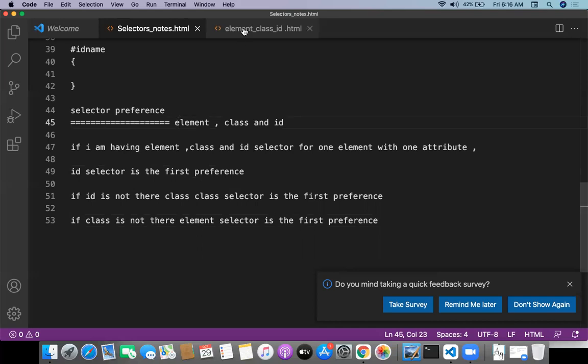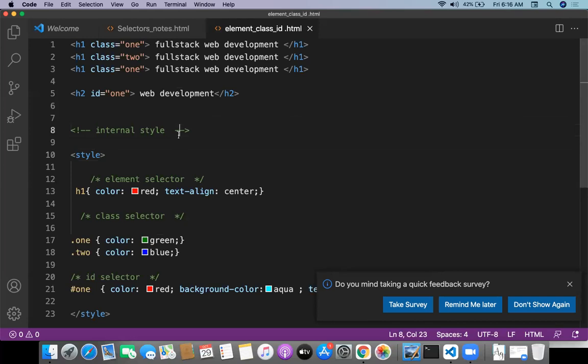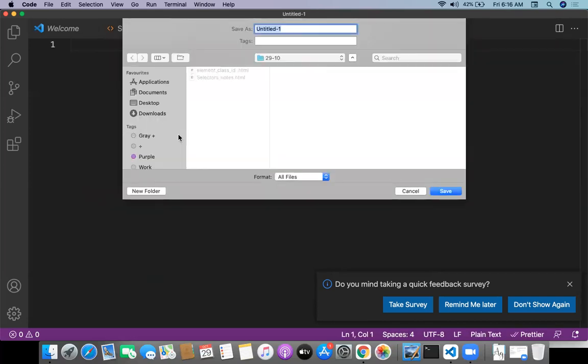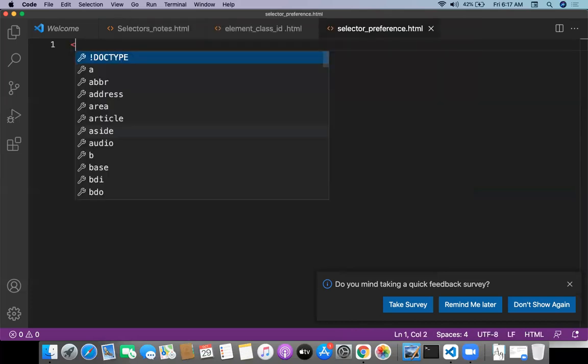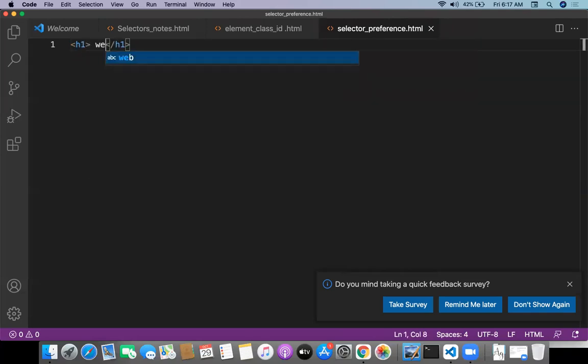So let me take one program, selector preference, so you can easily understand. Selector preference dot html. Okay, let me take one h1, and this will be something like web development with full stack.